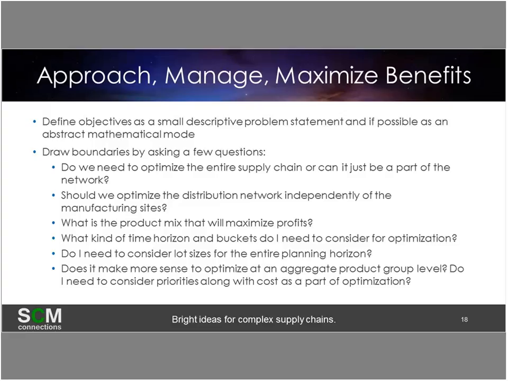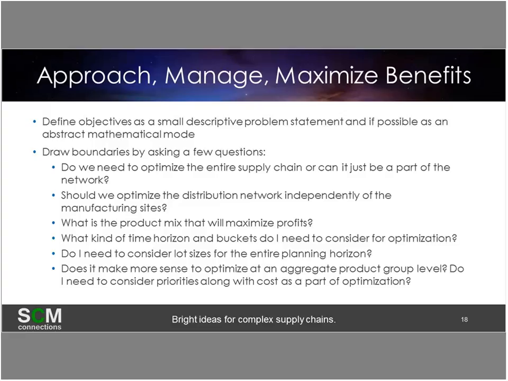So now the second part of that, where I say that, if possible, try and do it as an abstract mathematical model. That's something that you may or may not be able to do, right? If you've got somebody who's got a PhD in mathematics and can define a problem statement like that, well, yeah, sure, go ahead. But I think it'll initially be more of a descriptive statement that you're going to try and define. And part of the way you can go about it is